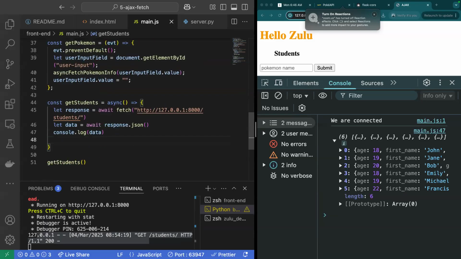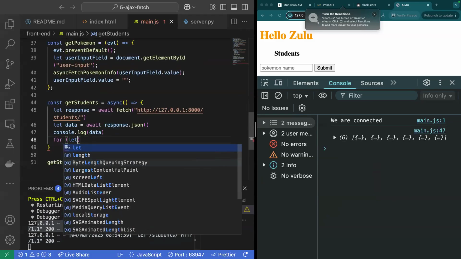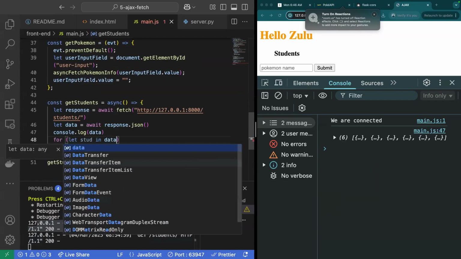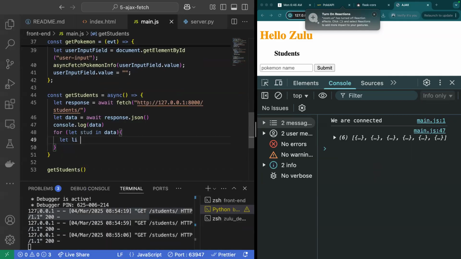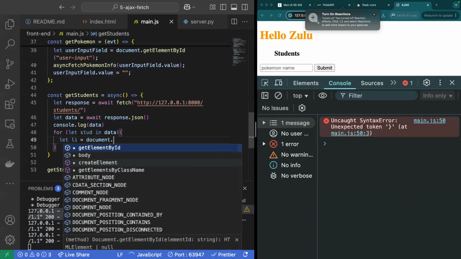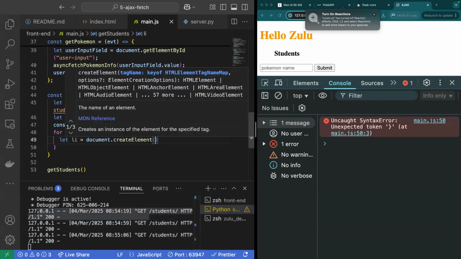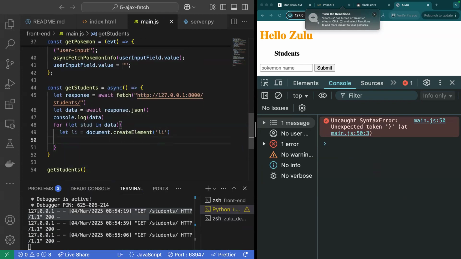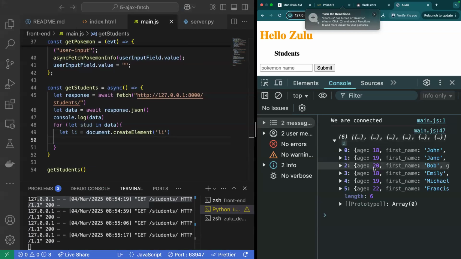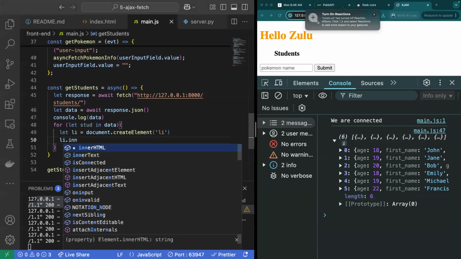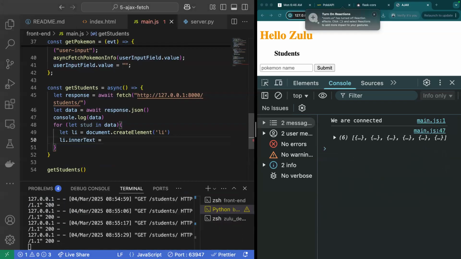Now I can iterate through the data. So for let stud in data, I can say, well, I want to create an li. So let li be equal to document dot create element of list item. And for every list item, I just want to simply display, let's just say for now, the first name and age of a student. So let's do li.inner text be equal to, do a little bit of interpolated string there,